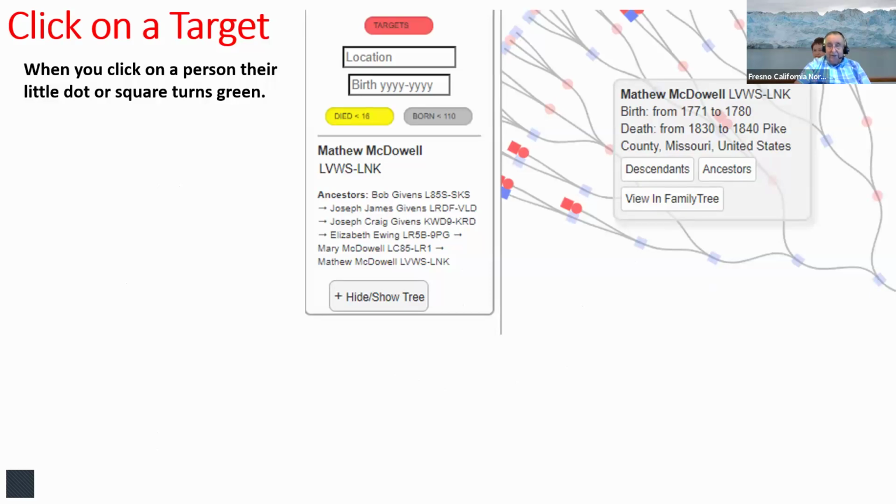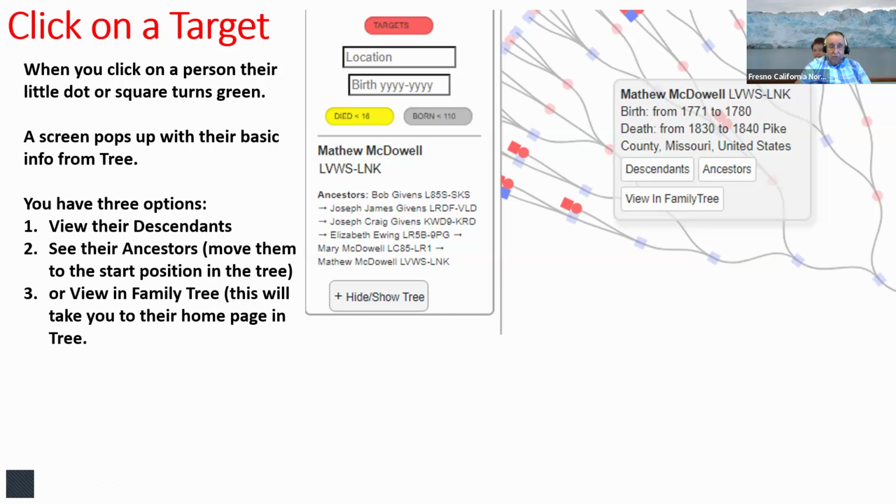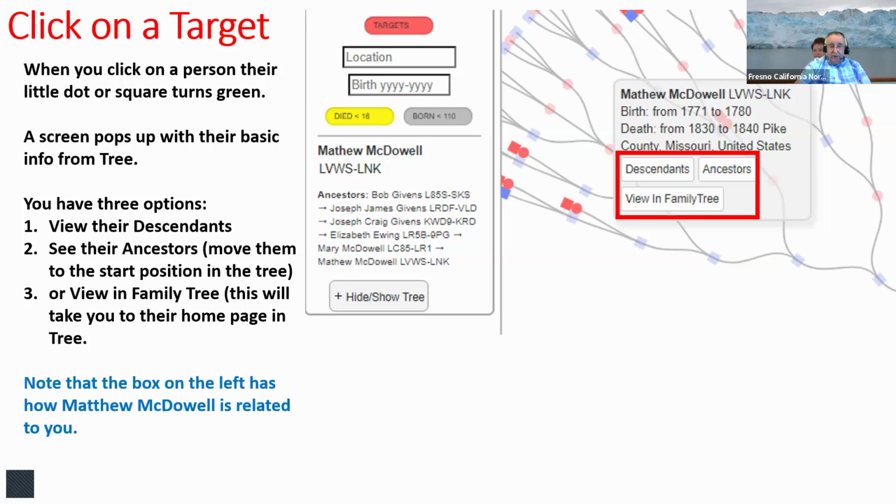Okay, I've clicked on Matthew McDowell. We've got his birth and death, and then we have the three filters. And over here, we can see how we get from me back to Matthew. And so from this screen, we can kind of decide what it is we want to do with him. We have those three options. We said descendancy, ancestors, or view in tree. I'm not ready to view him in tree yet, but